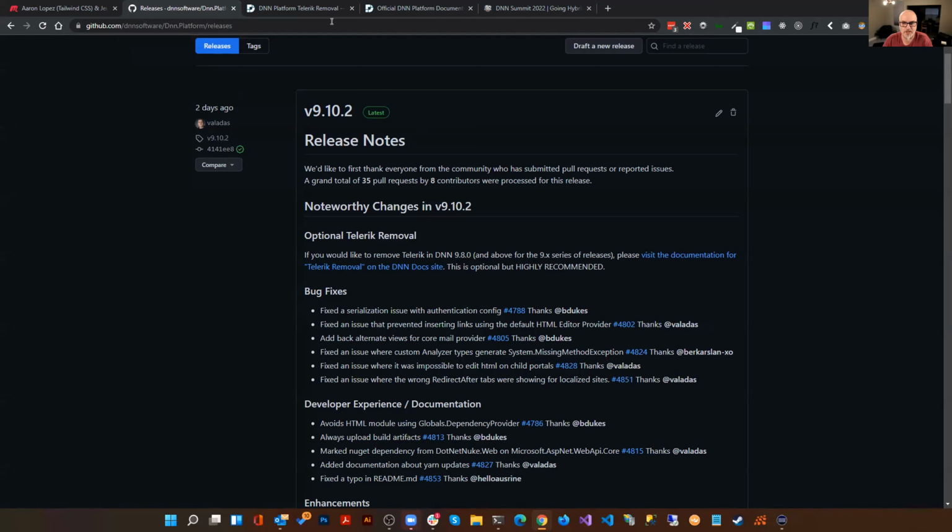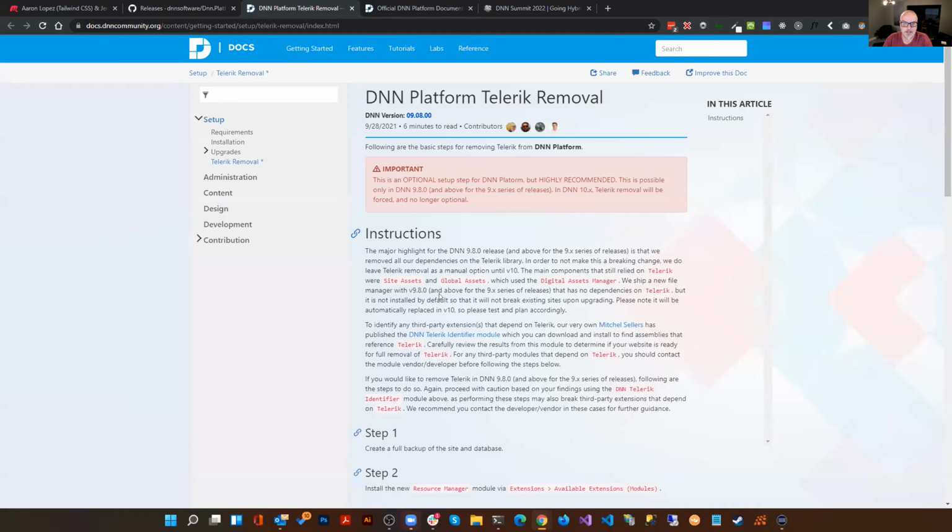Yep, absolutely. And of course, each of the releases ever since 9.8.0, where this was a possibility to optionally remove Telerik, you'll see a link in the release notes right off of DNN on GitHub that'll go to the DNN docs site and clear instructions on how to go about removing it. It's really not bad.